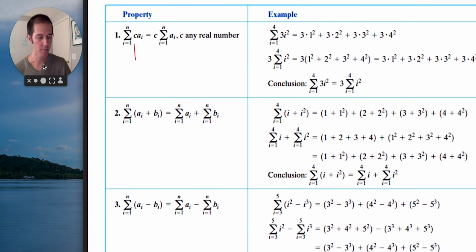So C has to be a real number. And then over to the right, we're seeing an example of it. You can see the 3 is inside the sigma notation initially, then we're seeing it outside the sigma notation. Why is it allowed to work that way? Why are we allowed to do that? With this formula right here,